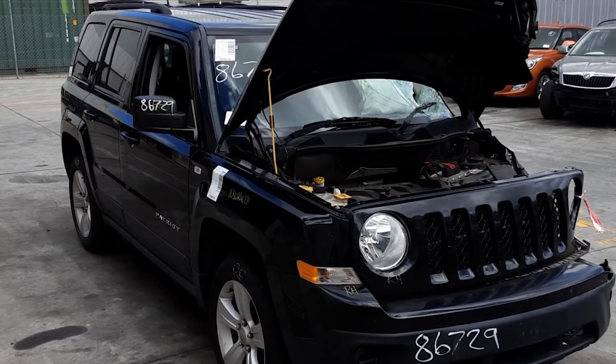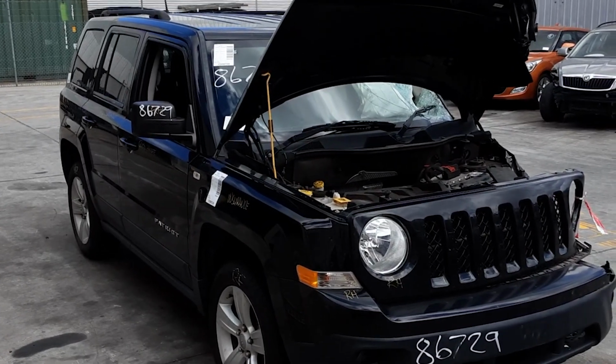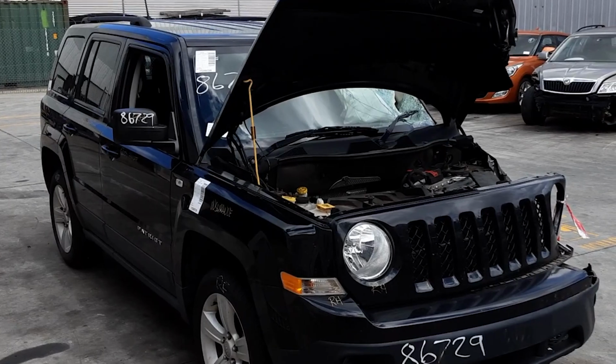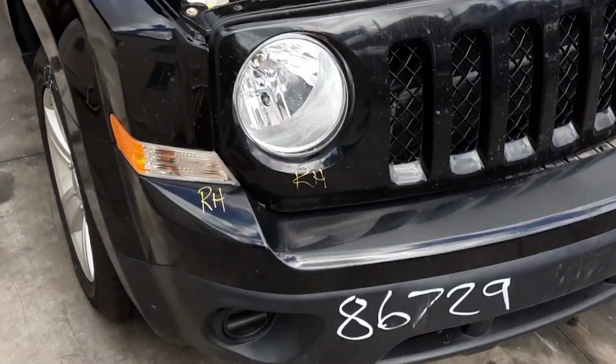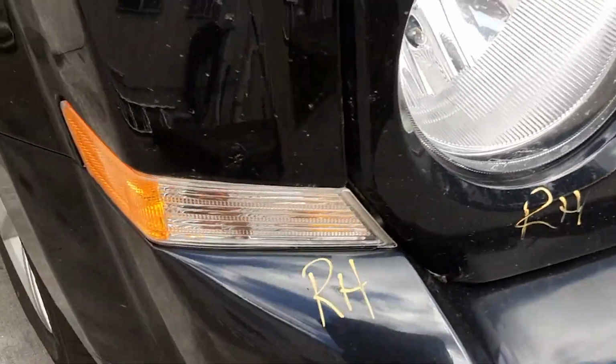Today we have a 2013 Jeep Patriot Sport, stock reference number 4805. This shape runs from the 5th month 2011 through to the 12th month 2016. It has a 4-cylinder 2-litre petrol engine, backed by a 5-speed manual front-wheel drive transmission. We have the right-hand headlight, right-hand corner lamp,